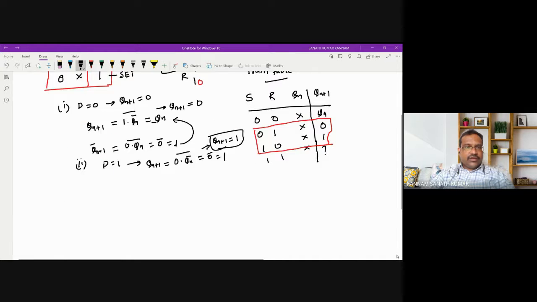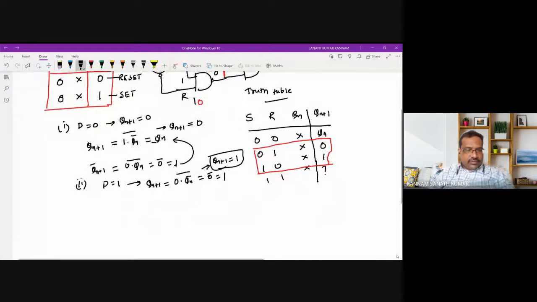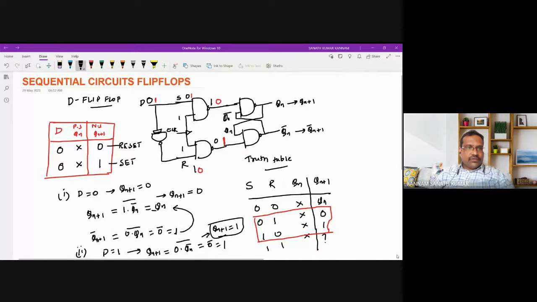So I can write the truth table also. Here, whatever the value of D, if you observe the truth table, you are getting that value as Qn plus 1. Okay, so here this is 1. So whenever the D input is 1, you are getting Qn plus 1. So you can write the expression Qn plus 1 equal to what? D. So directly by seeing the truth table, you can get the equation for Qn plus 1.